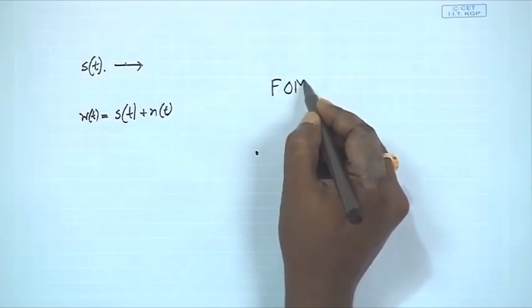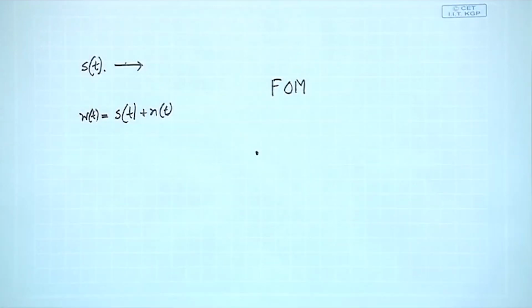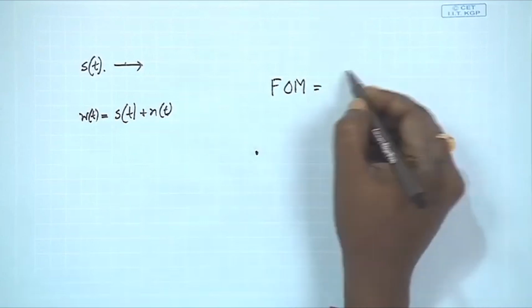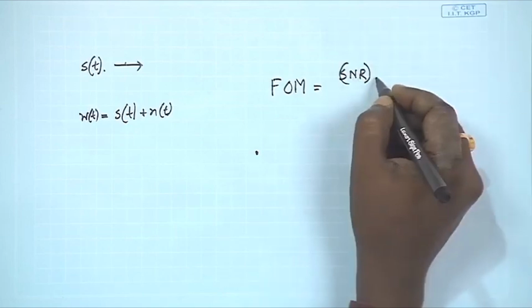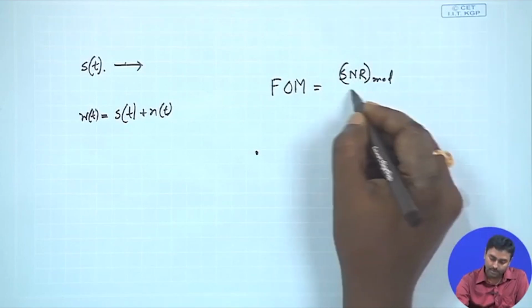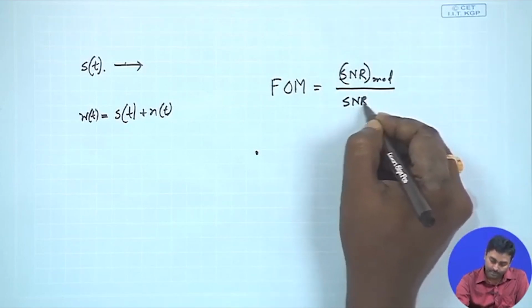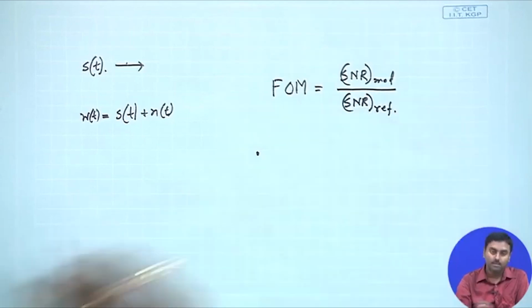Okay. So, this is the signal to noise ratio which we will be getting for a particular modulation scheme, and the signal to noise ratio for reference we have got, that is when we do not do any modulation, just transmit baseband. And what we will be trying to do is create a figure of merit of a modulation scheme. So, we call that FOM, figure of merit, that should be this SNR for that particular modulation scheme divided by that SNR reference.